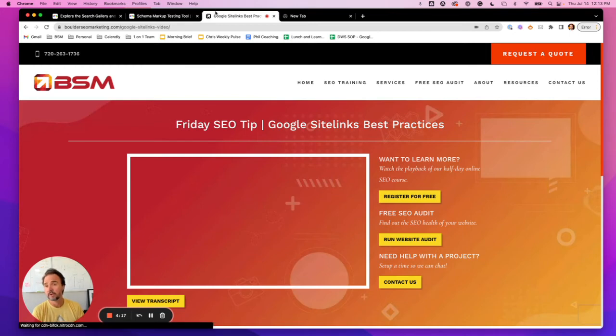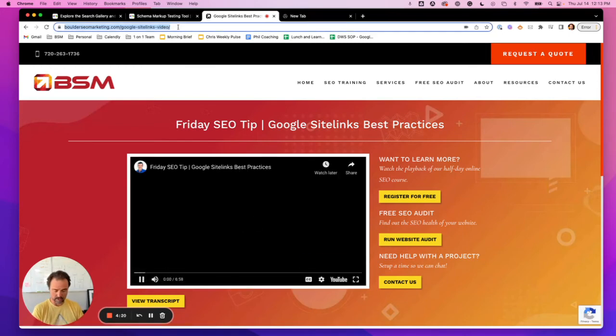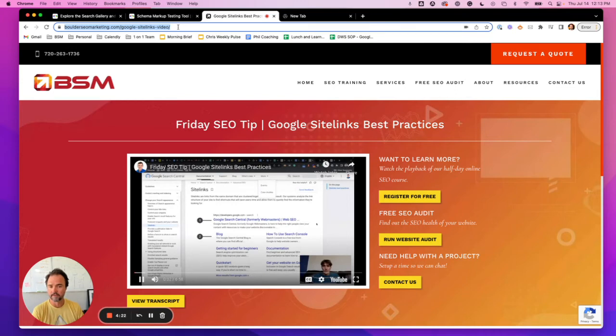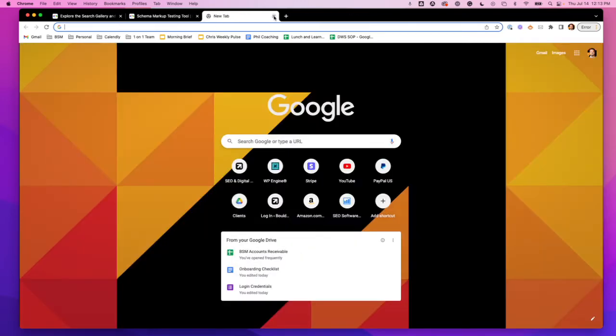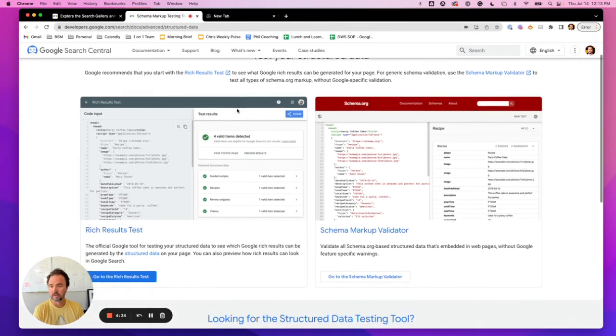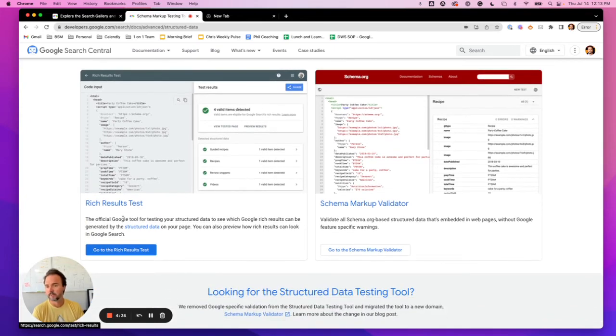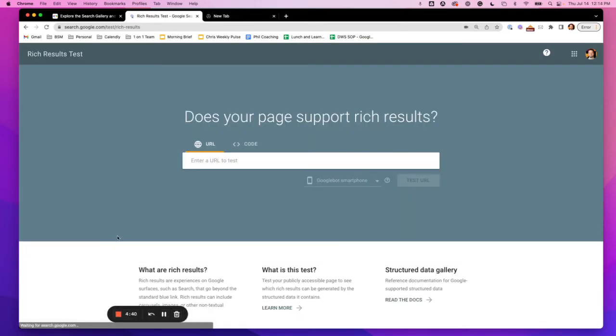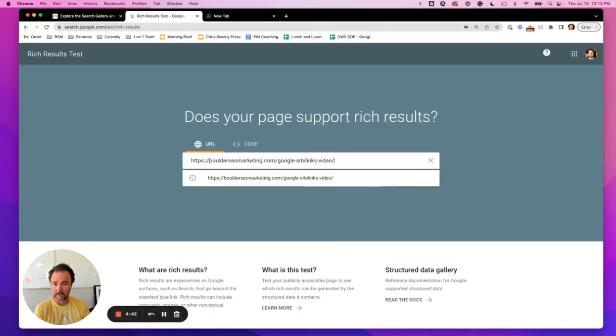Well, what you do is after you've published the page with the schema, you're going to copy that URL, and you're going to go to another page, which is really important, which is another Google Search Central page, test your structured data. Again, this link is going to be in the description as well. And you're going to click on Rich Results Test. And it brings you to this nifty page right here where you can then put the URL of the page that you want to test